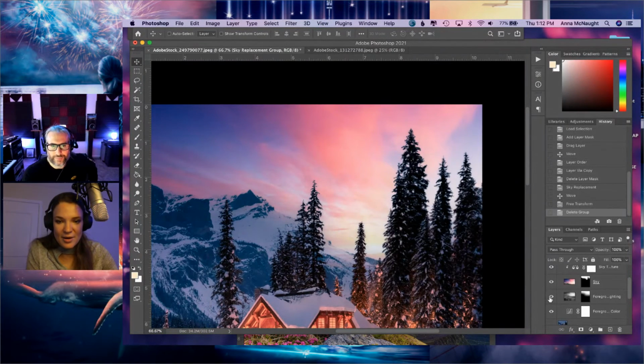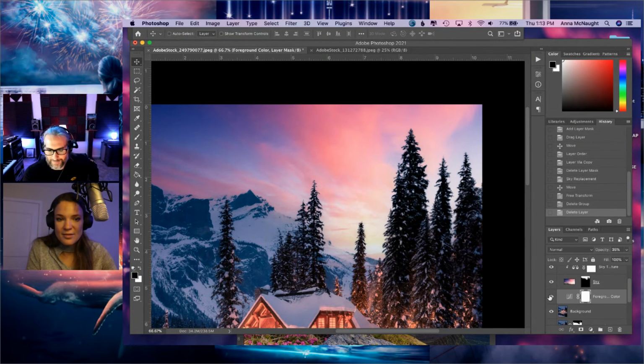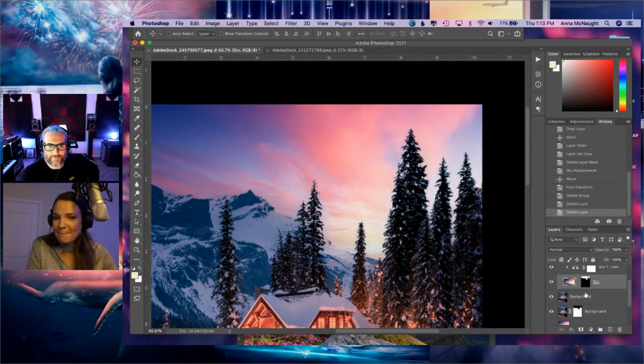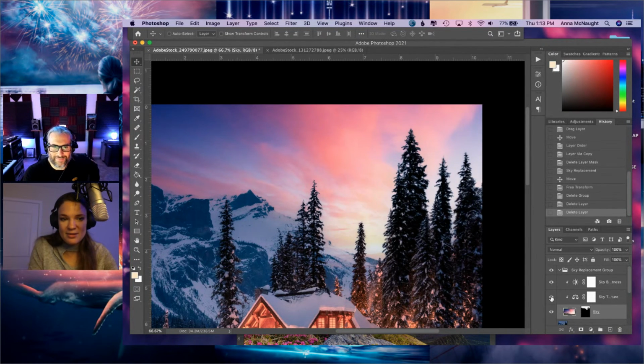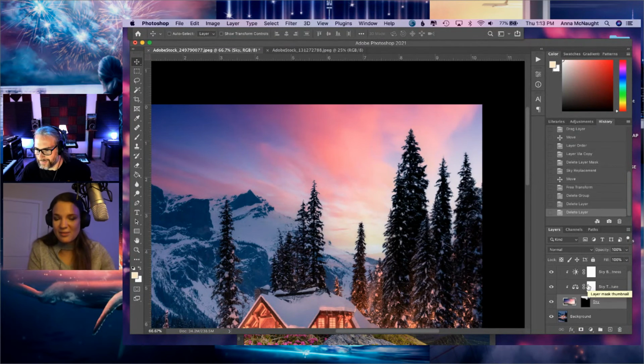So I think the only thing I don't like that's happening here is this lighting effect, so I'm just going to get rid of that. And I don't think we need that foreground color. Just kind of seeing what happens when we get rid of some of these things. Okay, so those are just the extra little pieces that I added. It made it an adjustment layer, which is pretty cool.